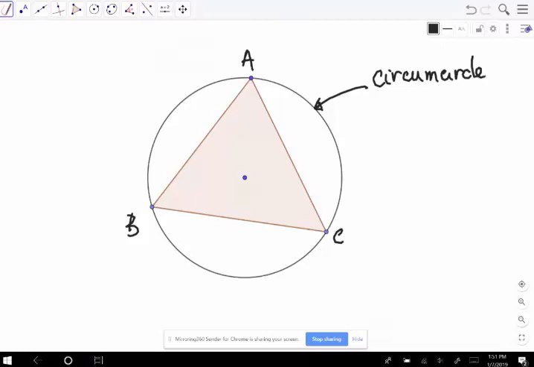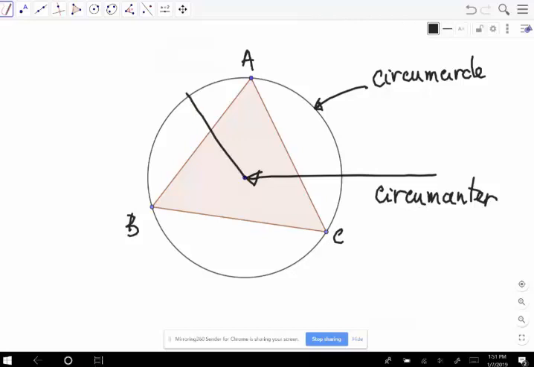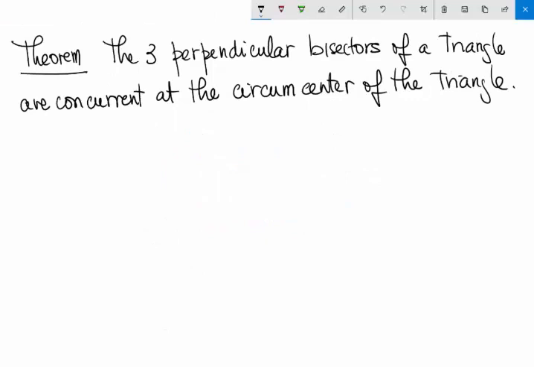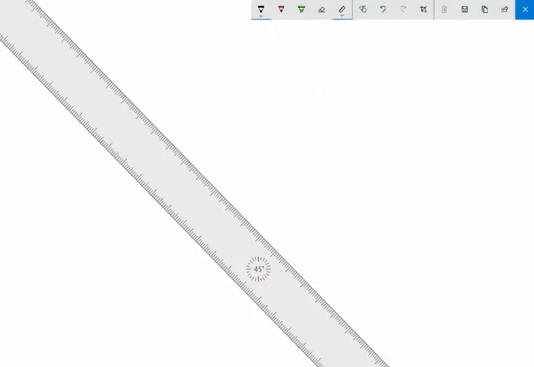Okay, and the center of this circle is called the circumcenter, and the length of the radius of this circle is called the circumradius. Our next result states that the three perpendicular bisectors of a triangle must be concurrent at the circumcenter of the triangle. So to illustrate this, let me